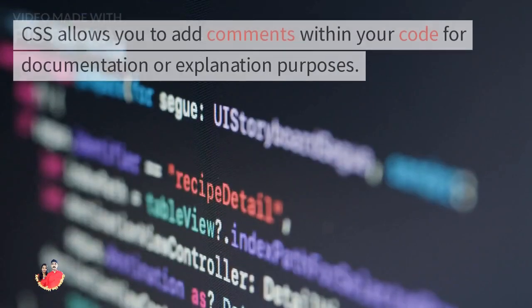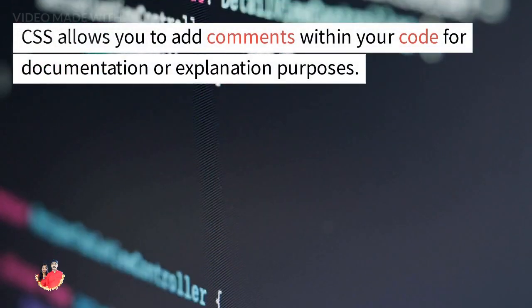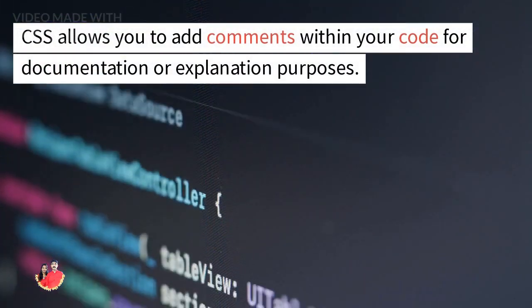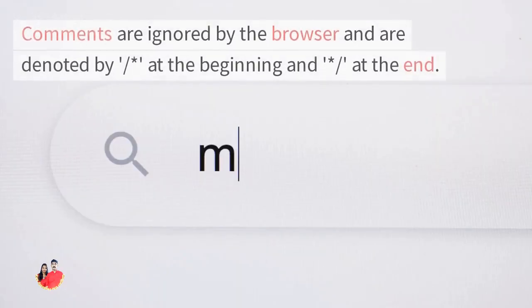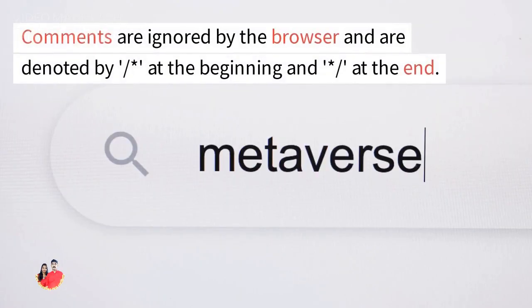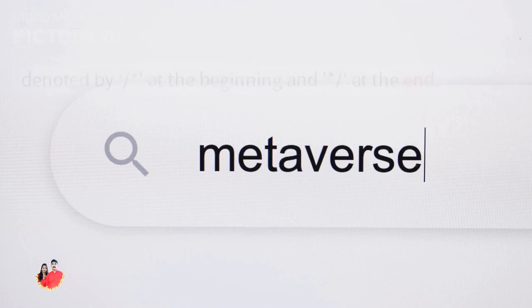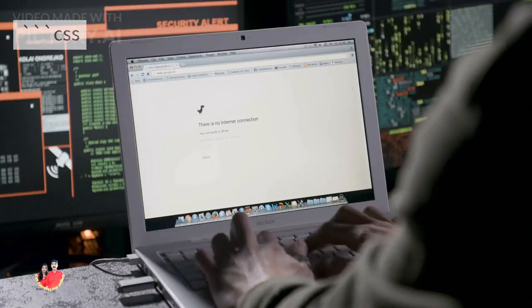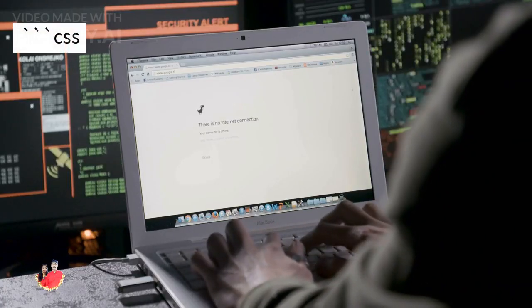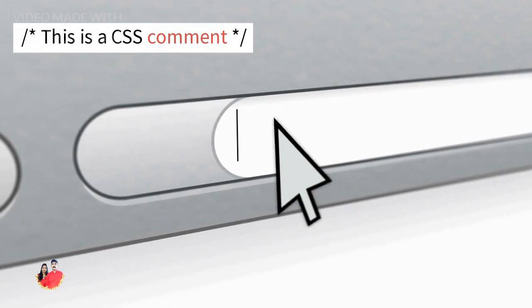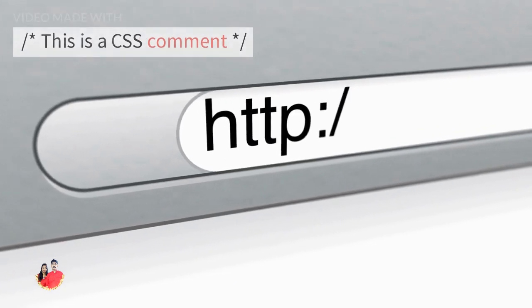Comments. CSS allows you to add comments within your code for documentation or explanation purposes. Comments are ignored by the browser and are denoted by /* at the beginning and */ at the end. For example, CSS: /* This is a CSS comment */